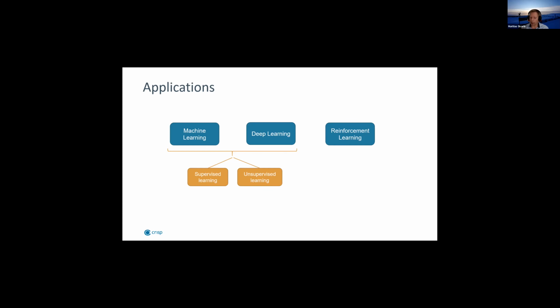In the unsupervised learning case, you give the machine a bunch of data and you ask the machine to figure it out. Basically, it's a clustering question where you ask the machine, do things belong together? Do these look like cats, or do they have different classes of pets? But you don't tell the machine how to figure this out. And finally, you have reinforcement learning, which is where you have actors that do things.